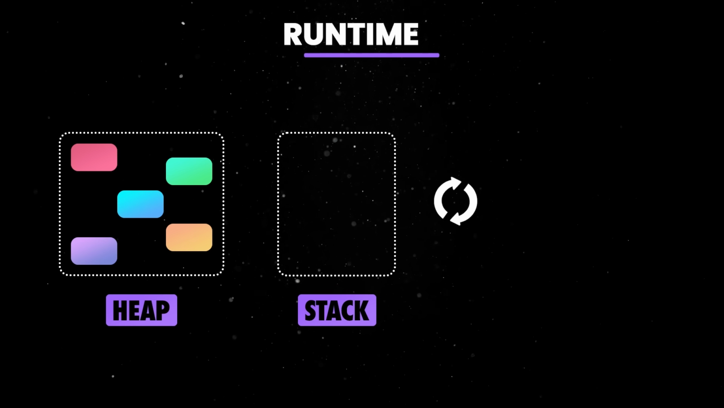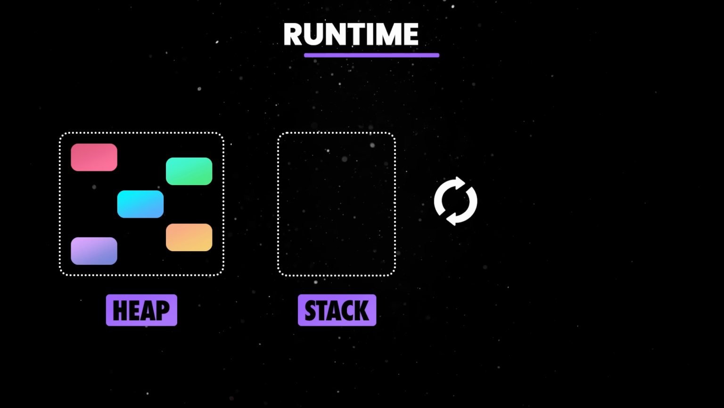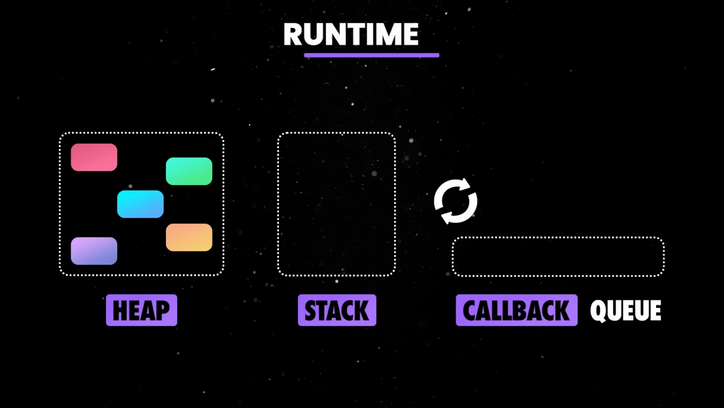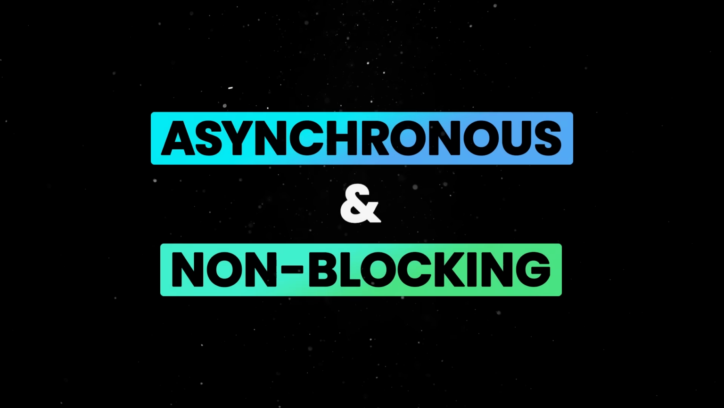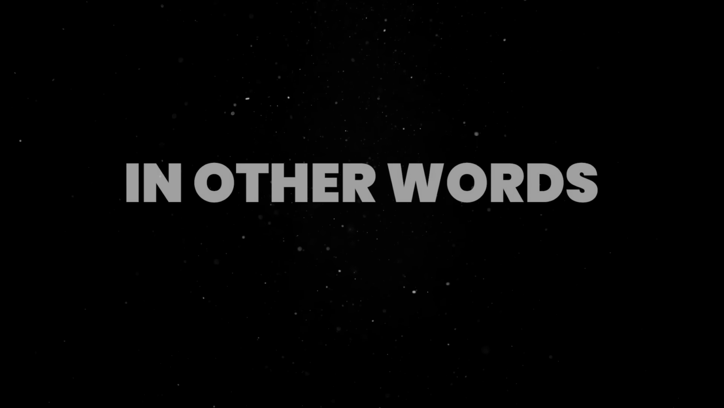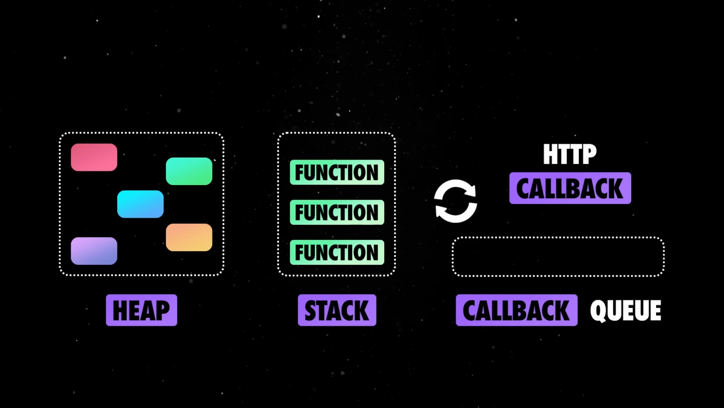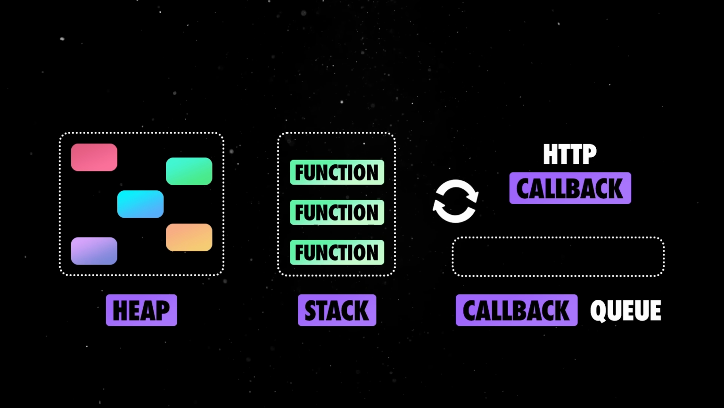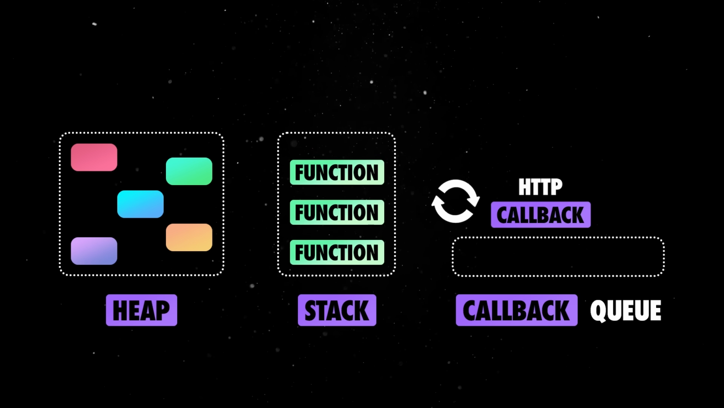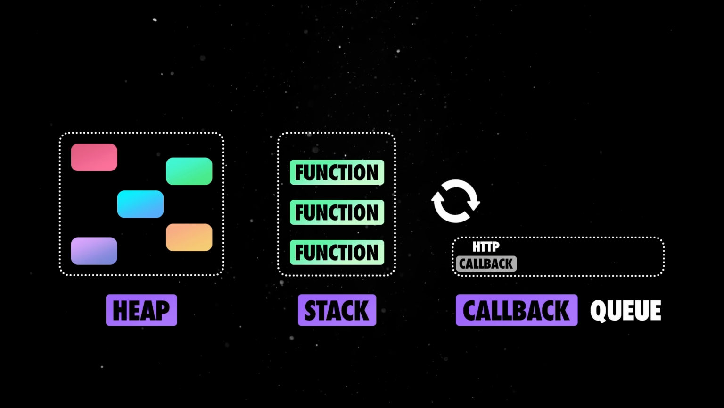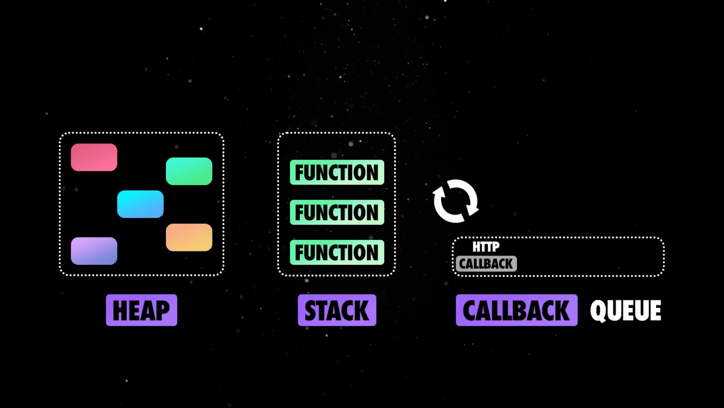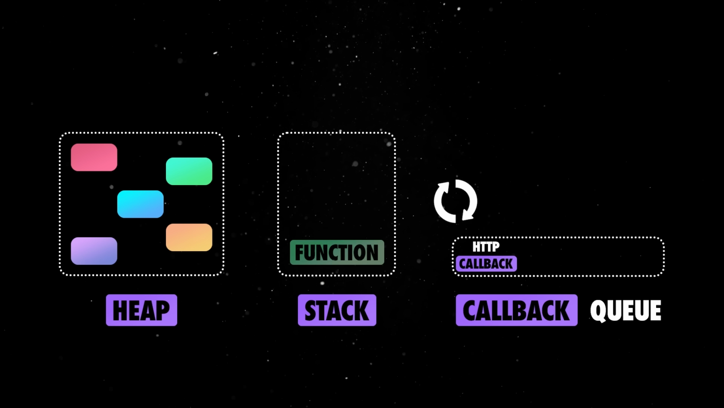Whenever the stack is empty, the event loop checks for any additional work in the callback queue. This architecture makes JS asynchronous and non-blocking. In other words, whenever the runtime has to wait for a long-running operation, like an HTTP GET request for instance, the callback which has to be executed when the response is received will be added in the callback queue, and the runtime can continue its work until the response data is available and the stack is not occupied with some